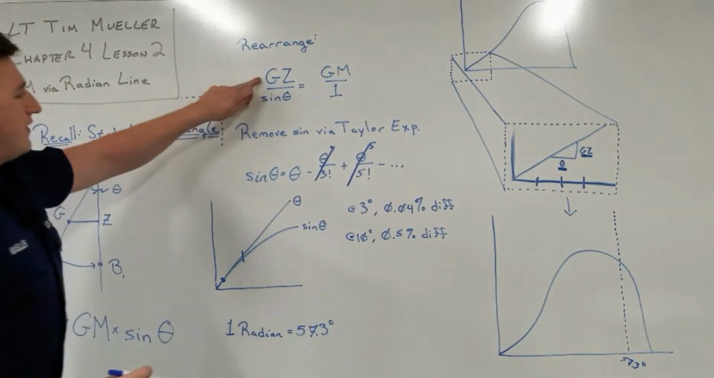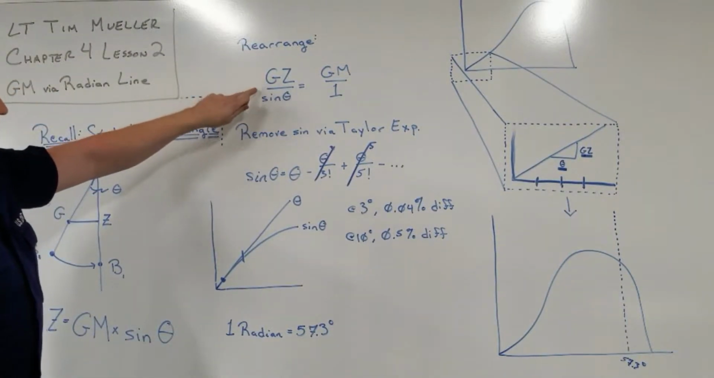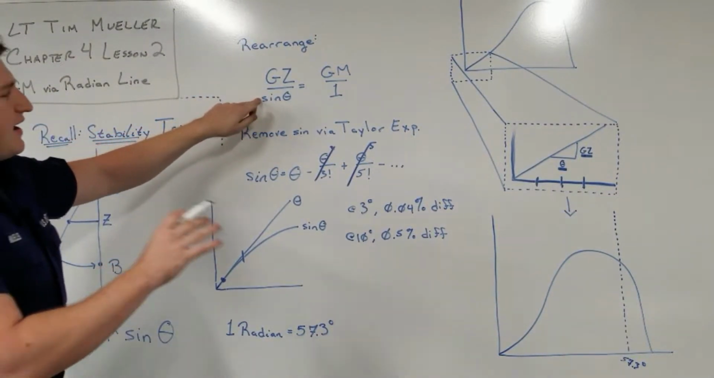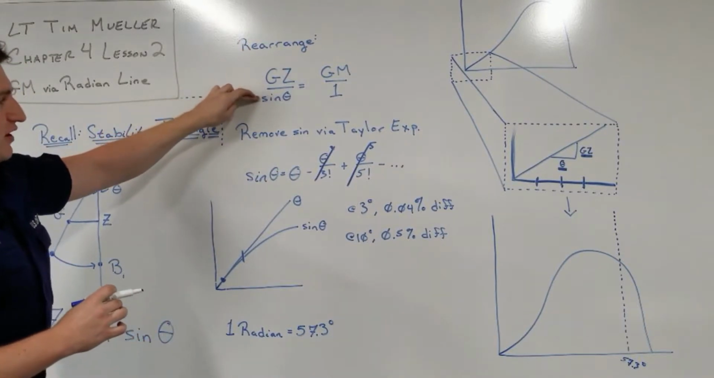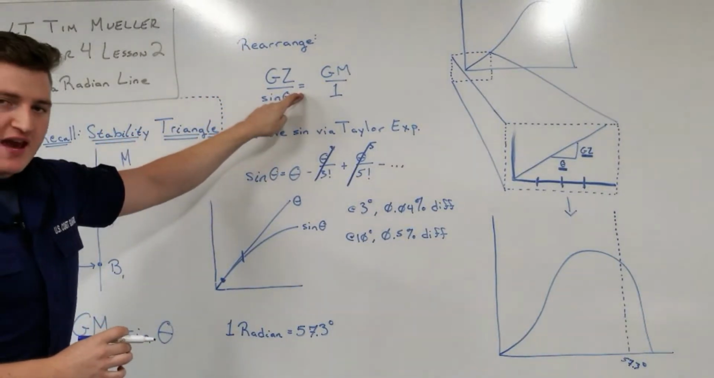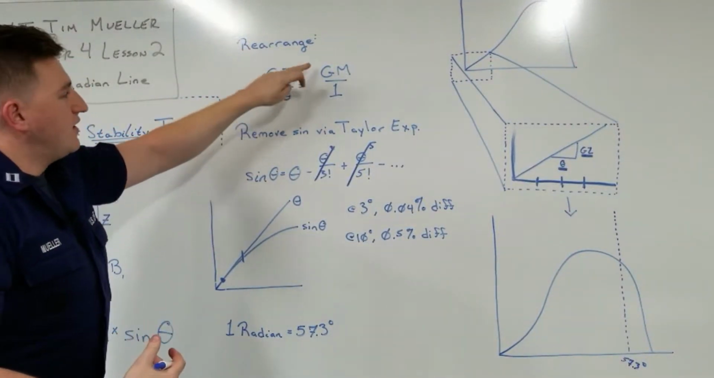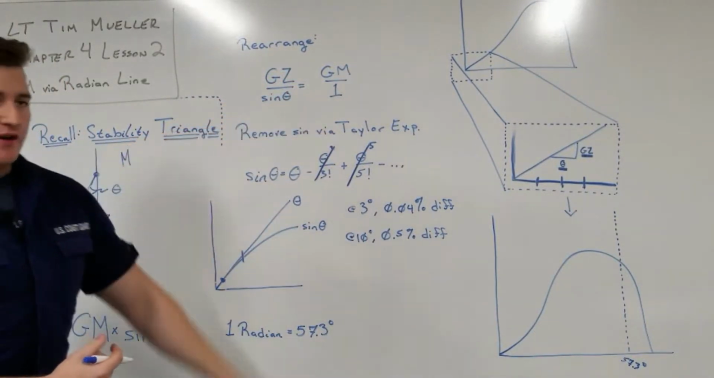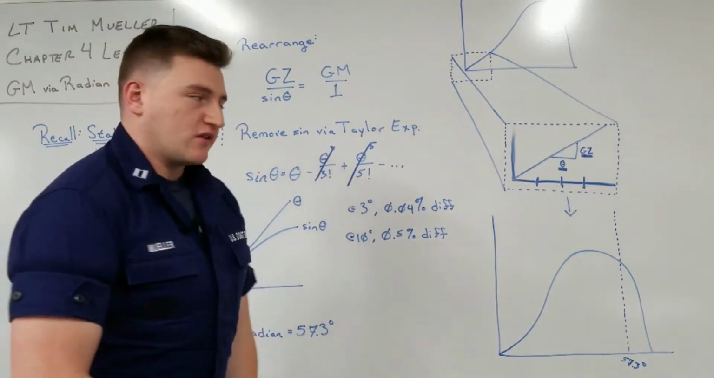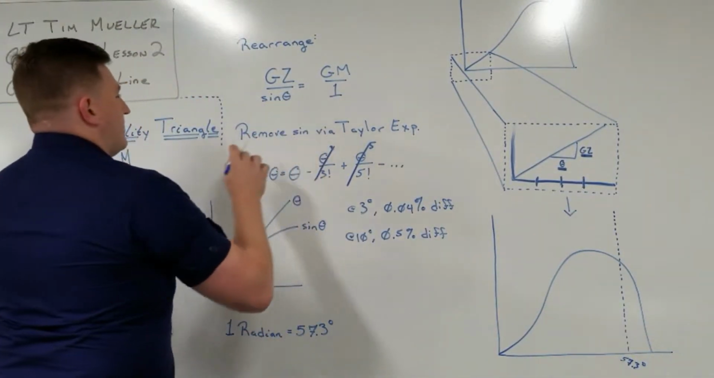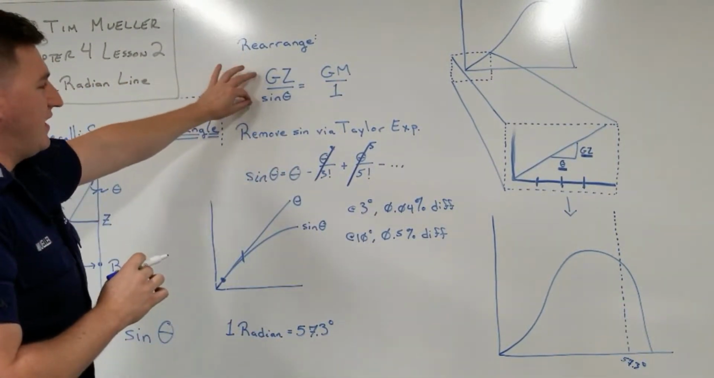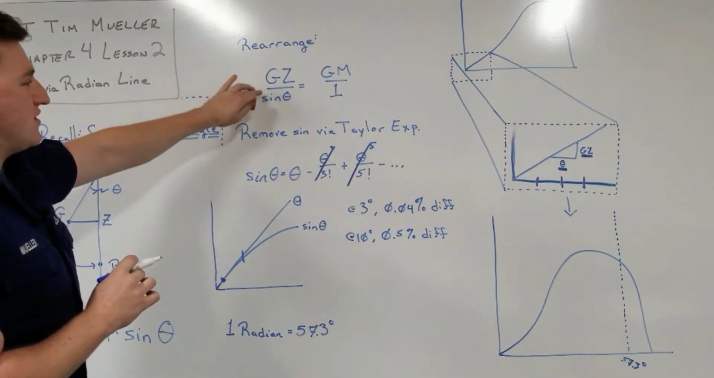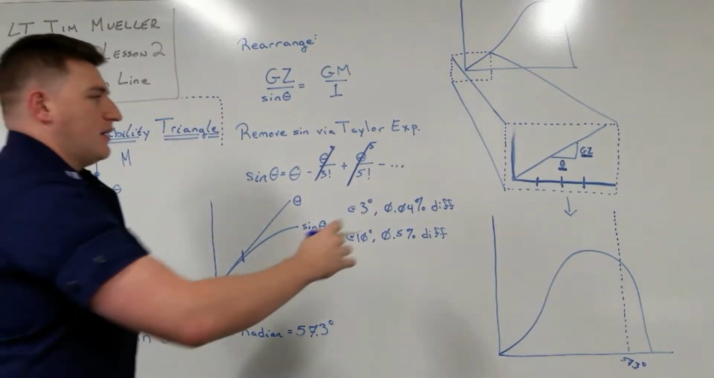And you'll see that here. We have the rise over the run. Now, if we know that this is the rise over the run, whatever it equals has to be a rise over a run. So the GM is the rise, and then the run would be 1, or 57.3 degrees. So now we can say, if we take this line that's originally defined as GZ over theta, which is this here,